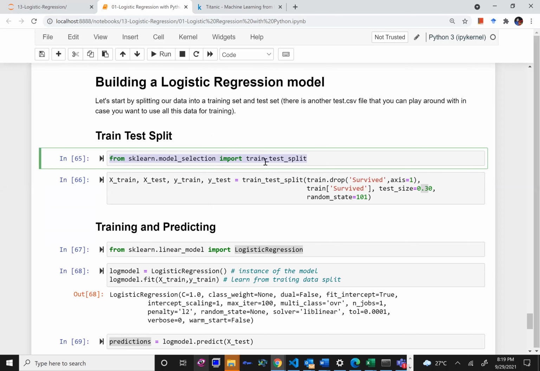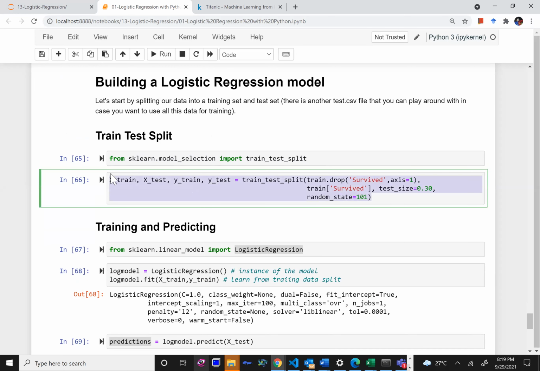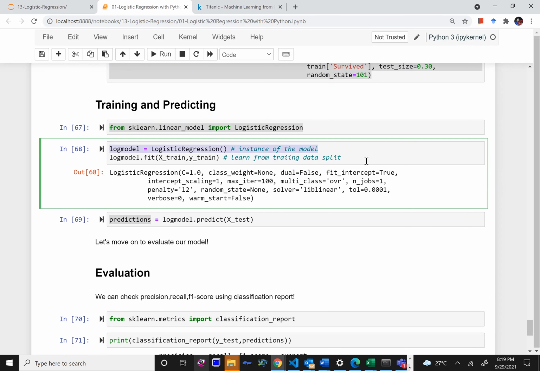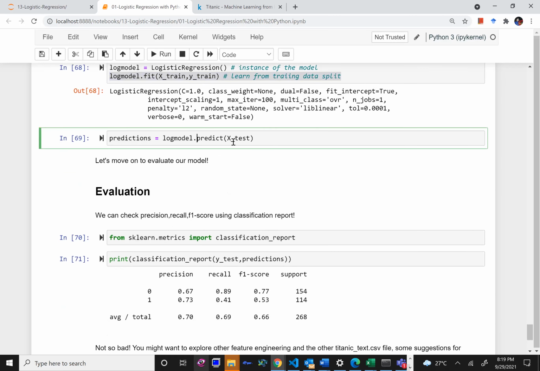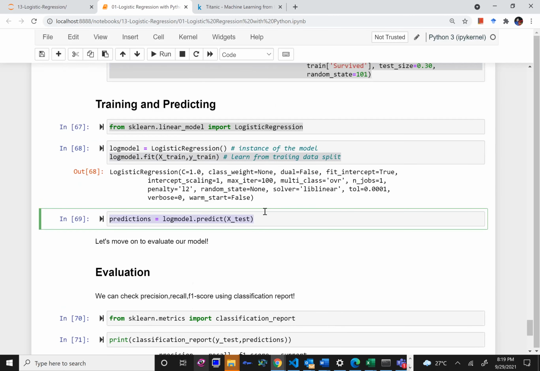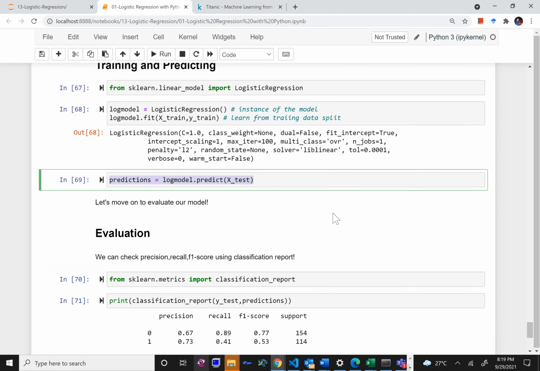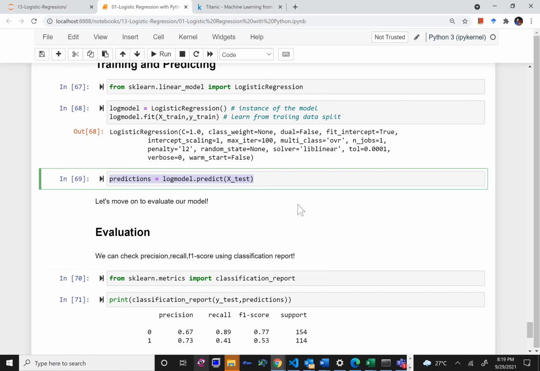So I have my data set, I will split it into two parts, training and testing. Then the model I want to use is logistic regression. I will import that model, I will create the instance of the model, I will make the model learn from the training data set. Then I will make some predictions. So my machine learning got over in these four lines. You can actually write all of these in a single code block also, right?